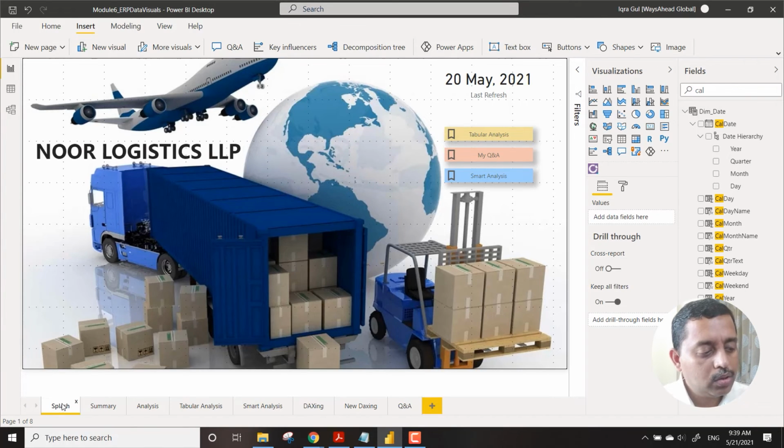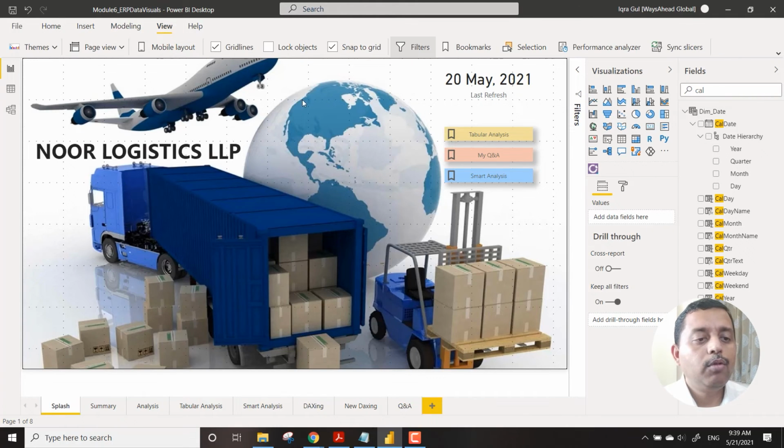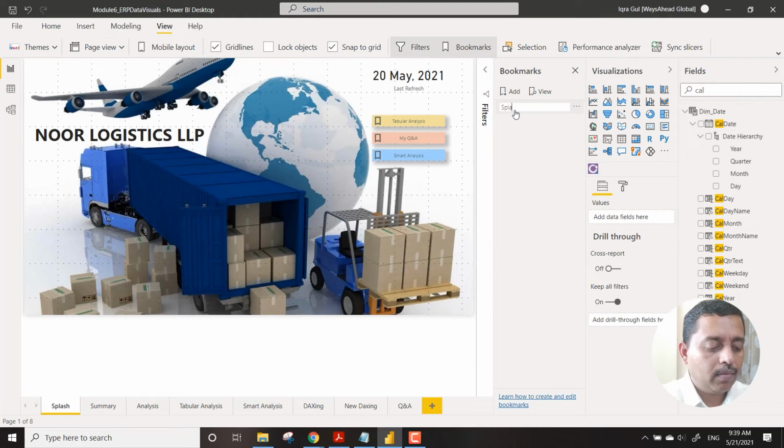So what you need to do is go to the first page, and then you go to modeling, the view menu, and go to bookmarks, and then keep on adding the bookmarks. So you say this is bookmark number 1. The idea is you need to click on that particular page and then add it as a bookmark. That's it.